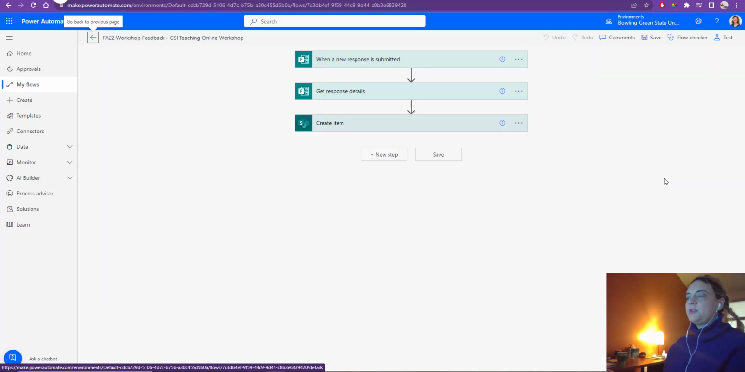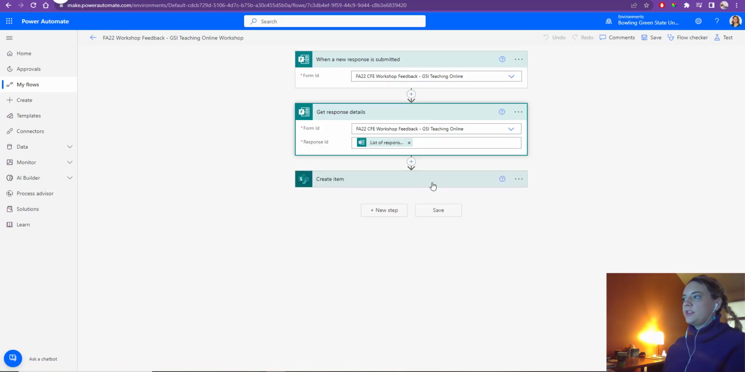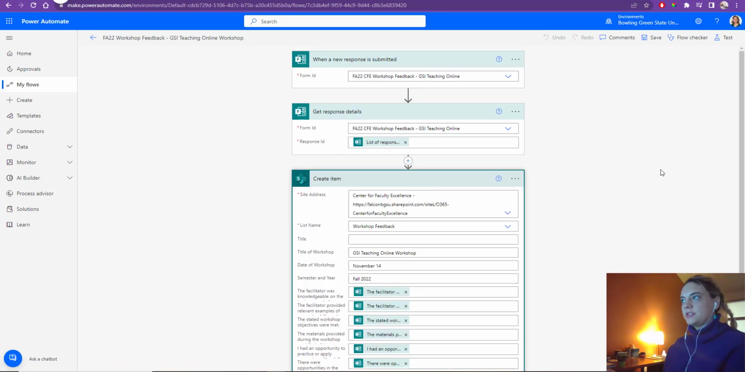We only have 3 steps because we want to get the response data from the form and we want to load it into that SharePoint list. So I want to show you how I built this so that you can build your own flows. So the first thing we want to do is when a new response is submitted, you can see this icon